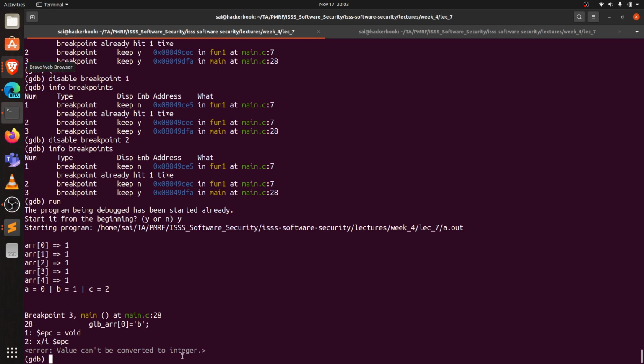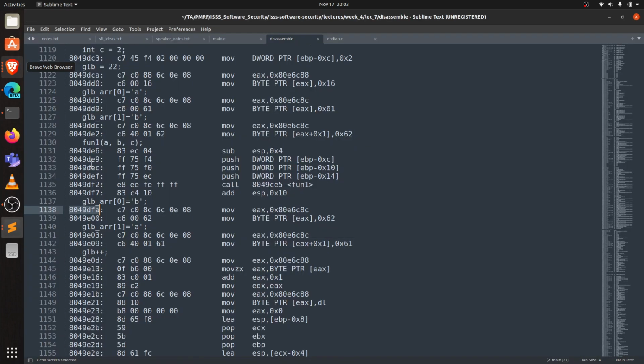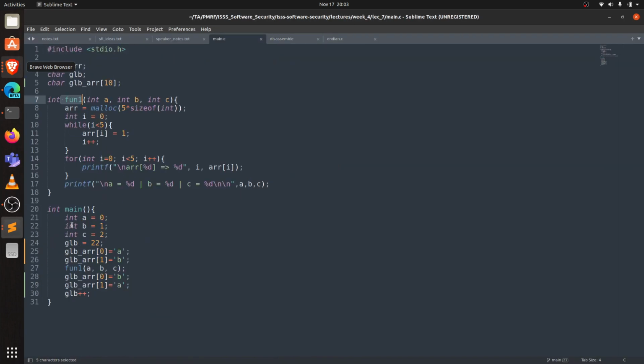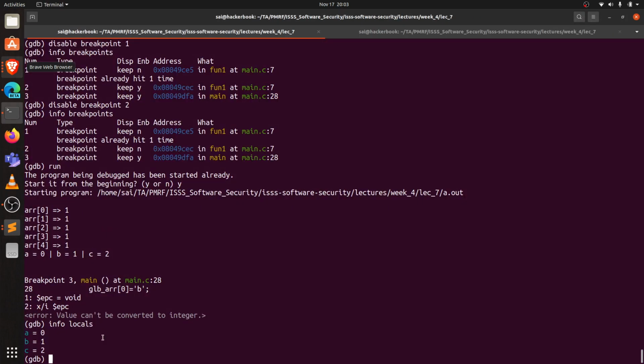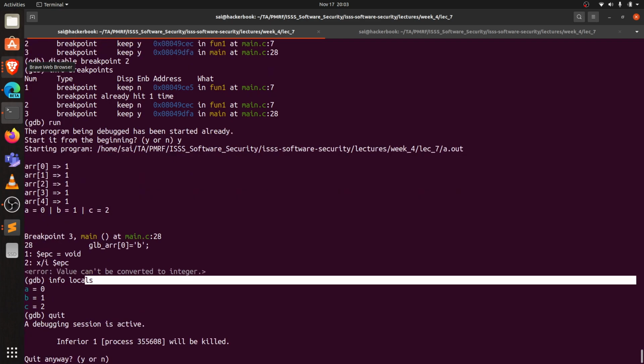Breakpoint 3 is within the main function, and now I can use this command called info locals. Info locals basically mentions what all variables I'm using, the variable names and their values, all the local variable names. So a, b and c are the local variable names which I'm using in the main function. Okay, but usually this command won't be that helpful in production scenarios or in your assignments, because